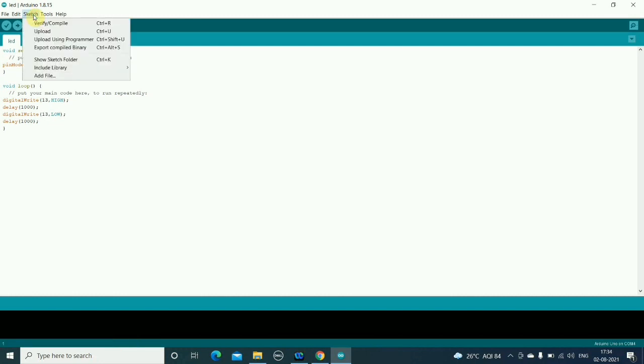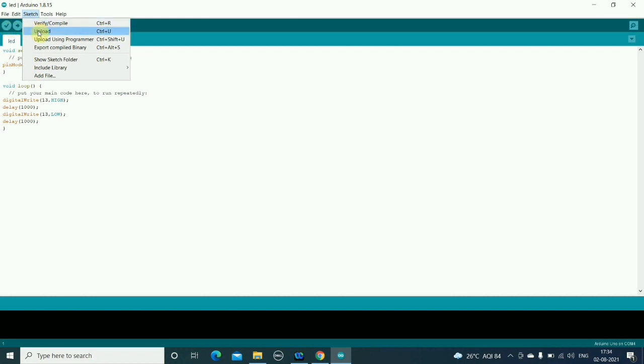See, remember that in Arduino every program is called a sketch, and therefore in this sketch option the first thing that you find is verify and compile. So verify and compile means when you want to compile your code, whenever you write the code you need to compile it. Shortcut for compilation is Control R. So either you go to sketch and click on compile, or here there is one shortcut which is given on the desktop, that is the first click. So that click is also for verify and compilation.